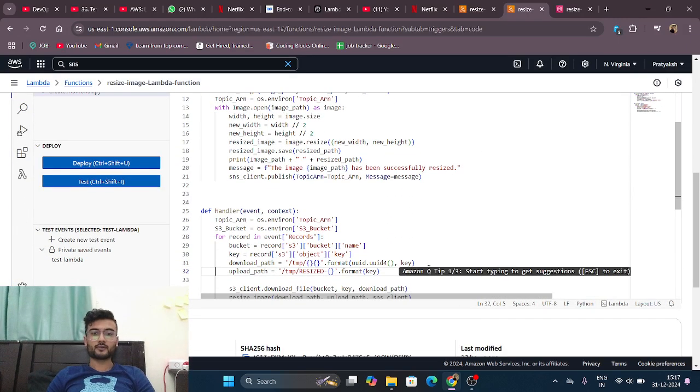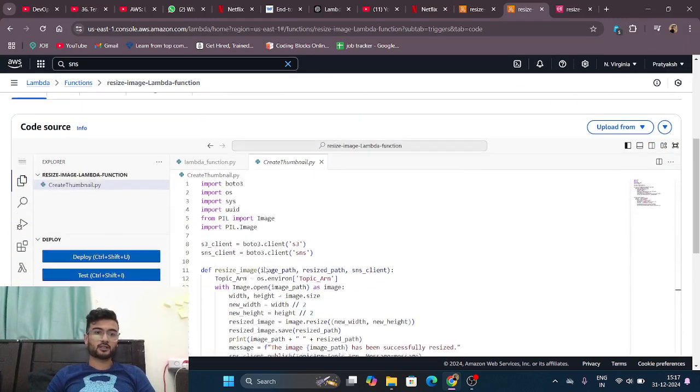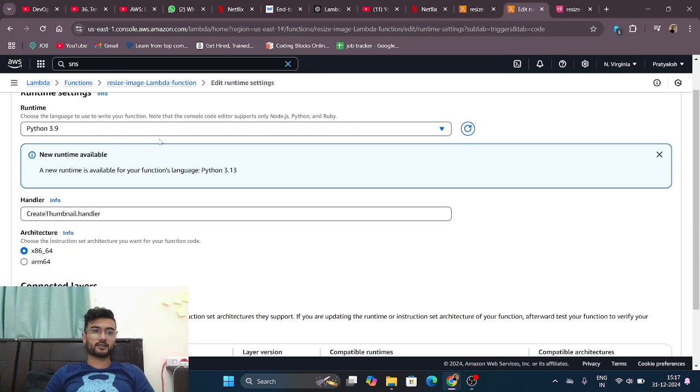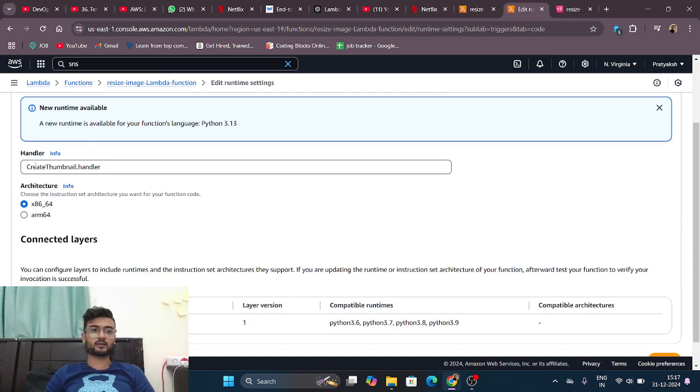Now what you have to do after this is, you just have to go below and you could see this runtime settings. So you could just click on runtime settings and add it, and then you could see Python 3.9. Now on the handler, you will be able to see something else written on your AWS console, but for now you have to change it to write the handler,